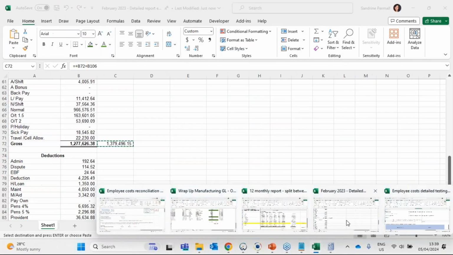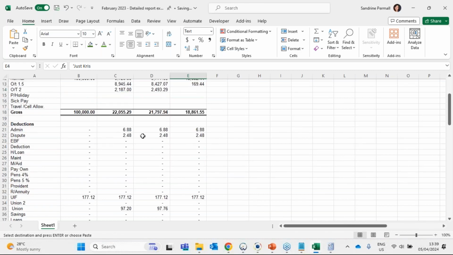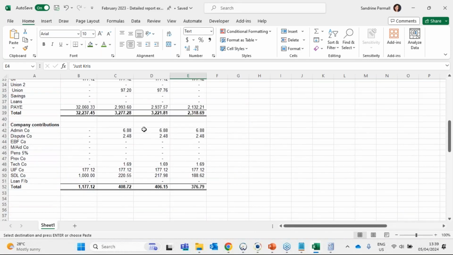where is it? Here you go. We've got 4 employees, George, Mbasso, Sitol, and Justpress. We've got their different incomes, their different deductions, and the company contributions. So the assumption will be my detailed report flows through my 12-month analysis. So